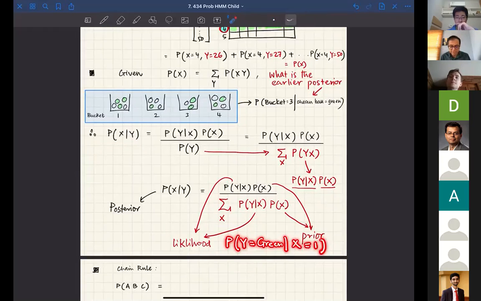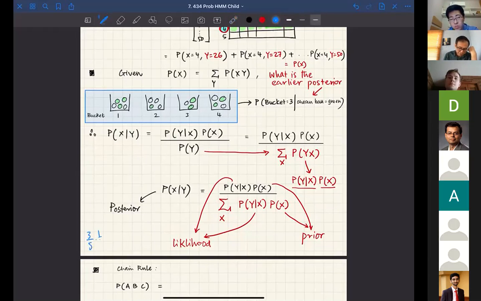What is that value? 3/5. So 3/5 times 1/4, because PX is 1/4, plus, I'm doing the denominator basically,